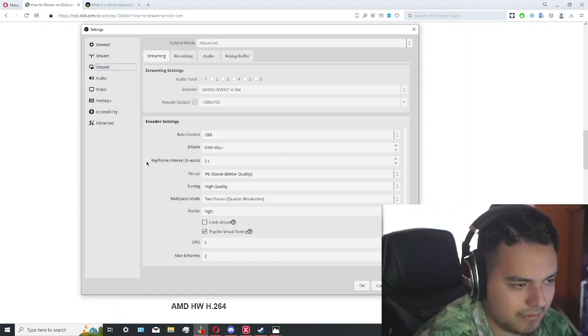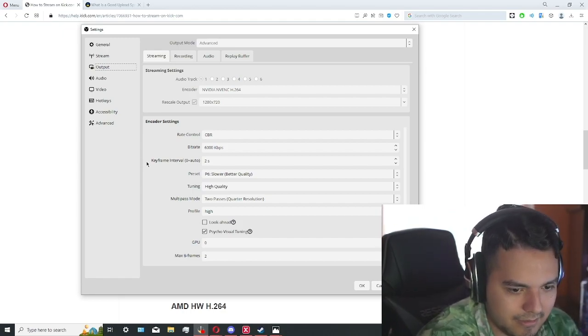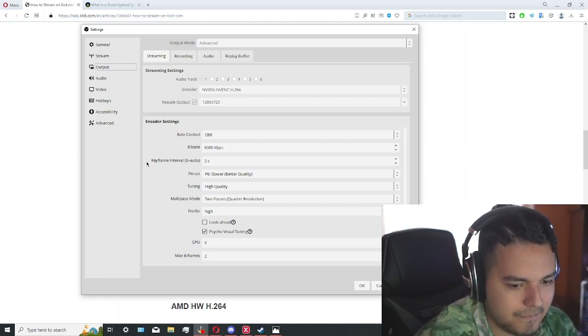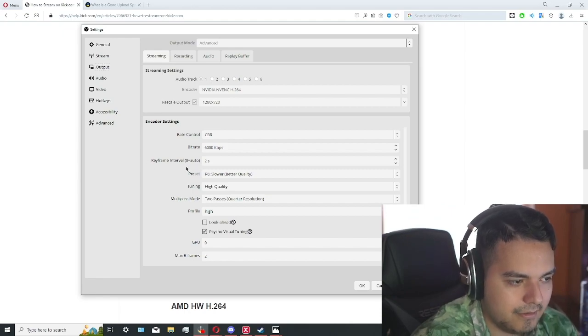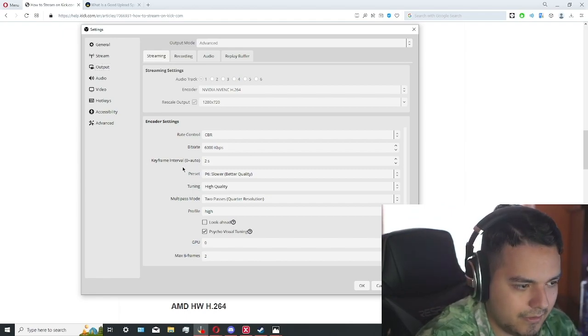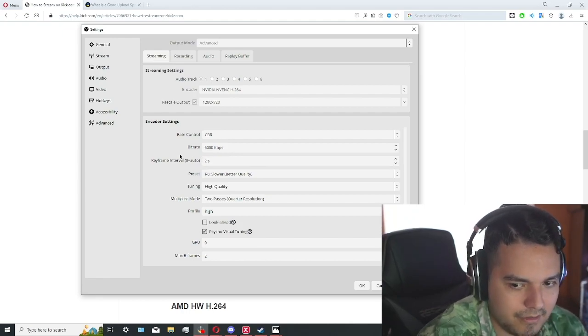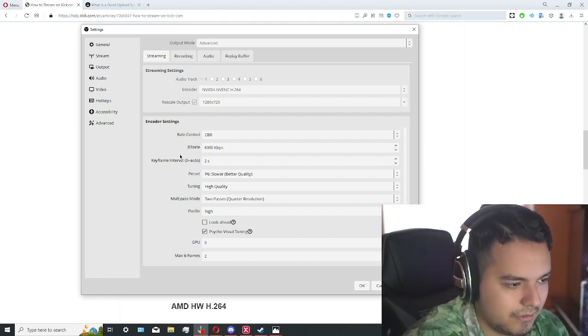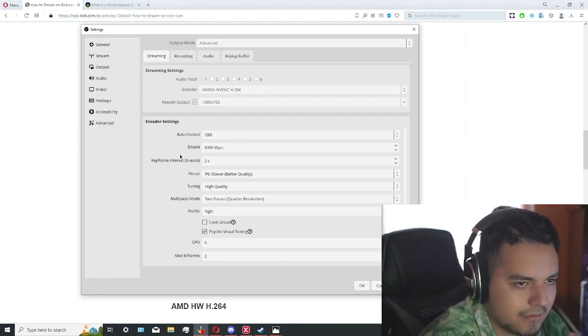And so what keyframe intervals do for your streams, this is very important where you have high motion games like if you're playing Apex Legends or Warzone, you're obviously going to be sprinting a lot, aiming down sights, explosions going off. All these little motions and graphics are going to require a lot of processing power. And so having it set at 0 is going to help relieve a lot of your system's resources. But personally, I just have it at 2 because this is probably the max you should go for. You shouldn't really be going over 2, just at least 1 or 2 is what you should always be going for, because this will ensure that